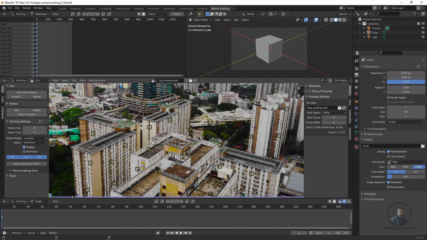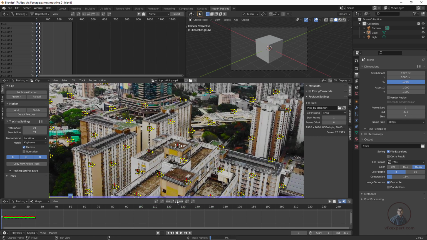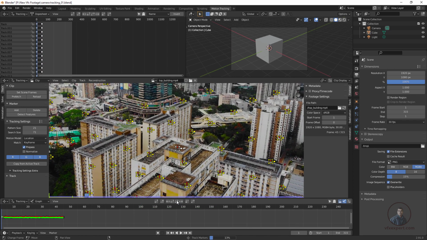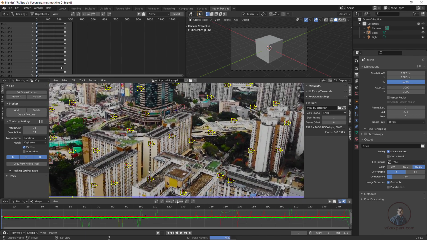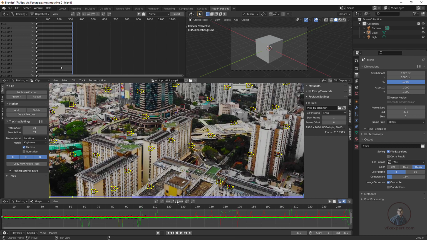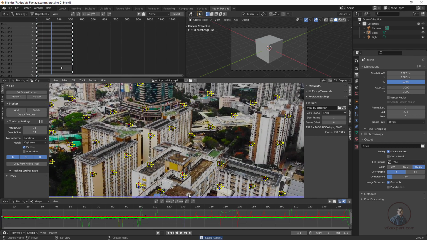Now after this just press A, which means you have to select your trackers or features. Then we have to click on track features. For tracking, you can see this is forward tracking and this is backward tracking. Now simply click on forward tracking here. So now you can see Blender is tracking these points. So here the shot has tracked. Now play a little bit and check here. So easily you can see.